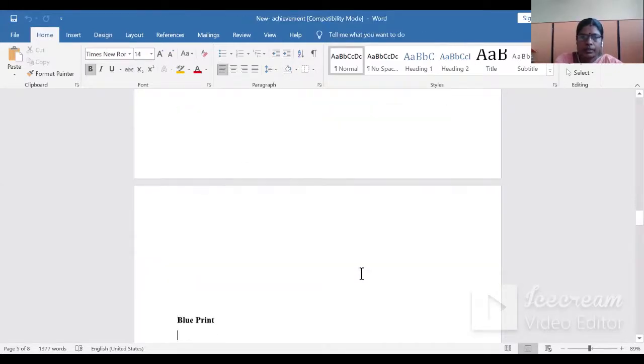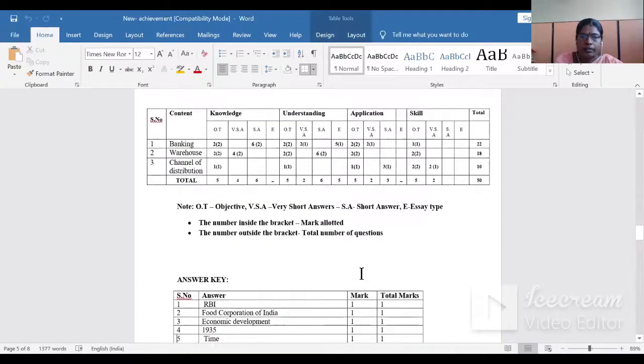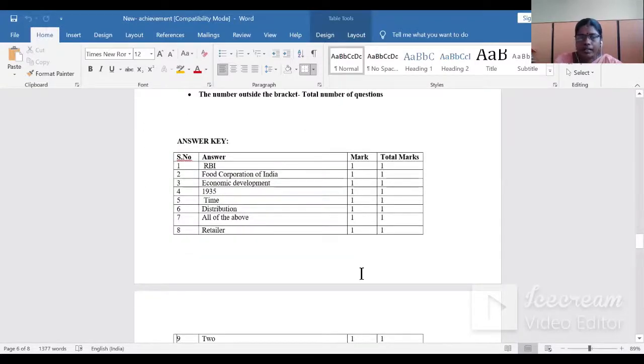So the second step, the third step is blueprint preparation. And the fourth step, answer key and scoring key. In this part, the paper setter writes items according to the blueprint. The difficulty level has to be considered while writing the items. And it should also be checked whether all the questions included can be answered within the time allotted, and it is advisable to arrange the questions in order of their difficulty level.